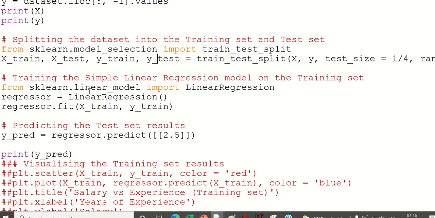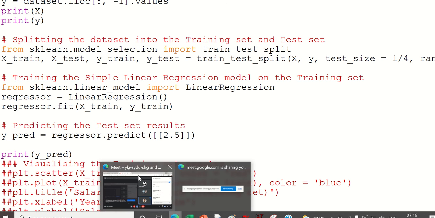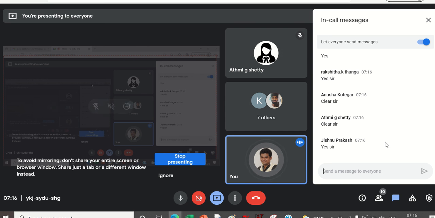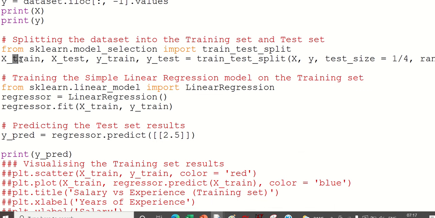Now why have we done the training and testing separately? Just like our course: now I am training you guys, and later at the end of the course I have to test you, or else I can't finish the course without testing you. Similar to that, the model first has to be trained. The training is done using the train data, then testing will be done using test data. That is why we are doing training and testing.